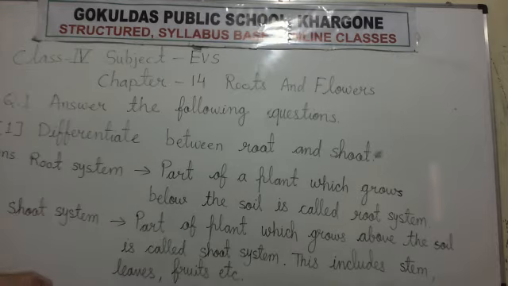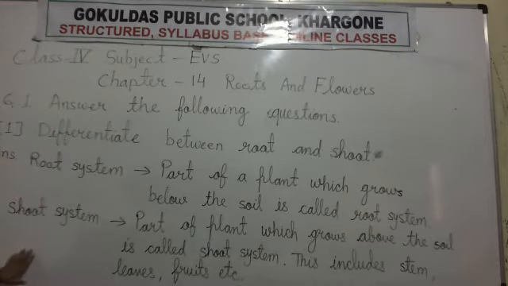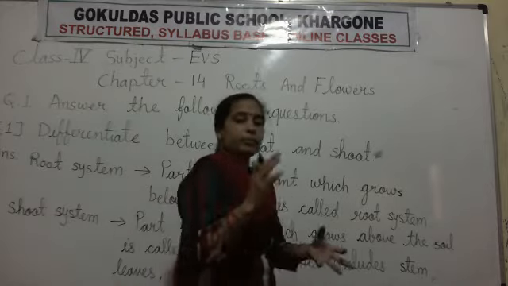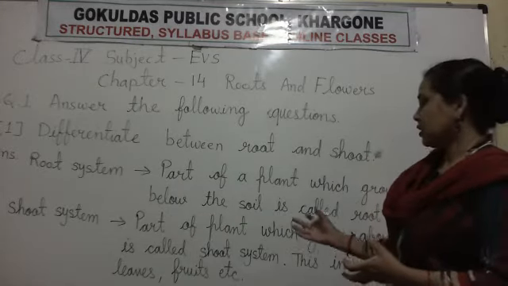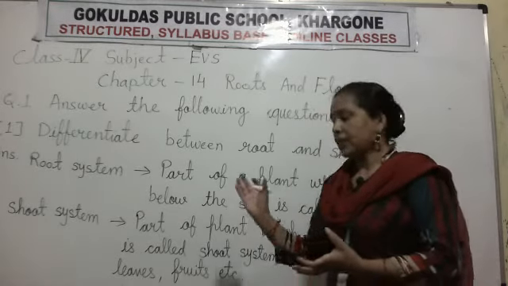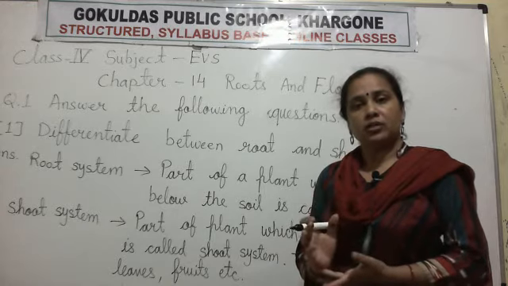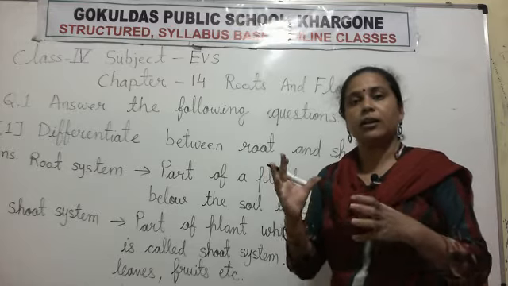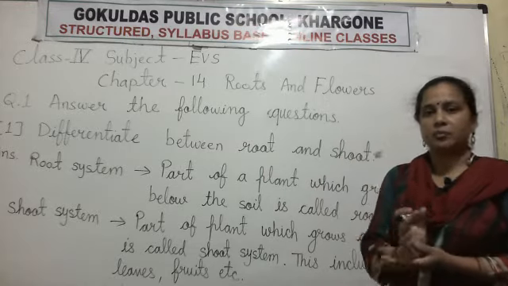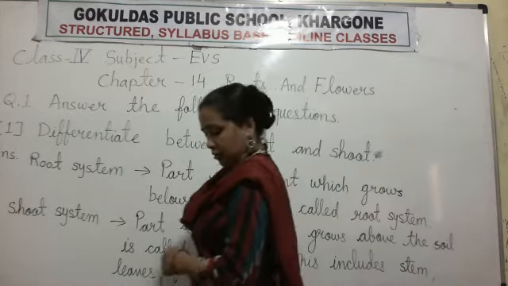Okay, means shoot system. In the shoot system, not only the shoot is there. What is the meaning of the shoot system? So many parts come together and make a shoot system for the plant. Means we include in this system stem, branches, leaves, flower, fruits. These all parts come together and make the shoot system. This thing I already explained to you in the explanation part. Okay, so this is the answer number 1.